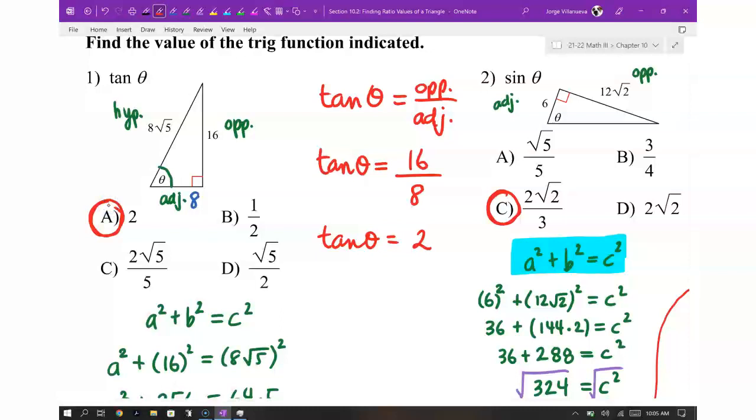Okay, so the definitions of sine, cosine, tangent, they're not crazy difficult. Sometimes what makes it a little bit tougher is that you're going to have to find those missing pieces by using the Pythagorean theorem. That's what makes it a little bit more work. But they expect you to be okay using that definition, because